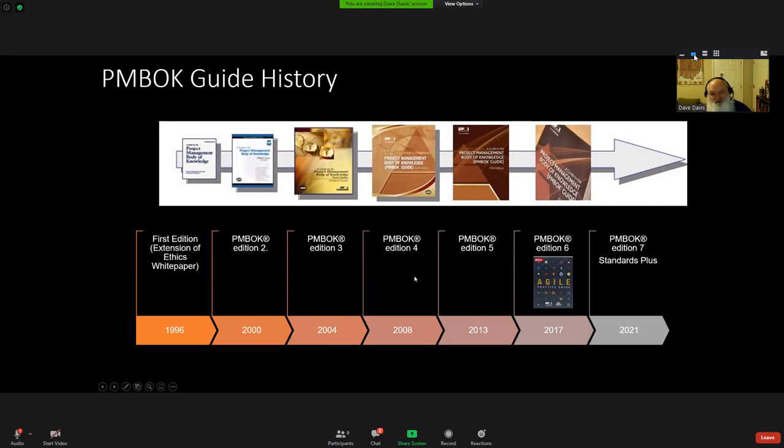There was edition 4. I think 4 is the one that brought in a couple concepts such as integration. And we started seeing a term in 5 called tailoring, which was the official acknowledgement that our framework doesn't fit everything, that each organization can, quote, tailor it to meet that. And then PMBOK 6, rather than include in PMBOK, there was an Agile companion guide that came about. So now as we're getting into 7, which is 2021,